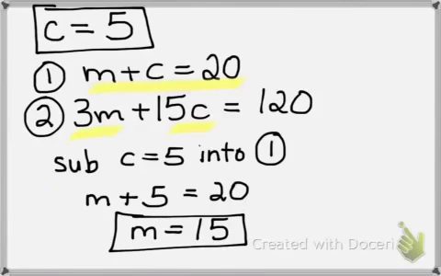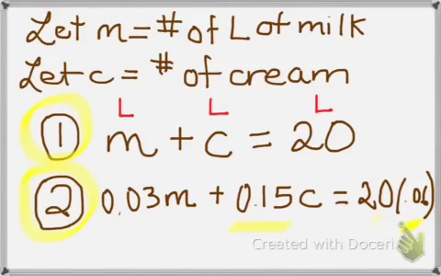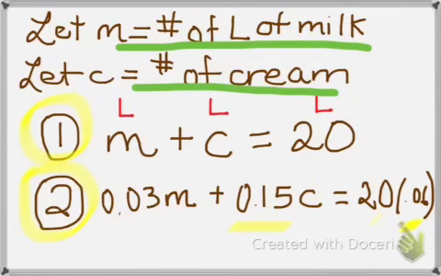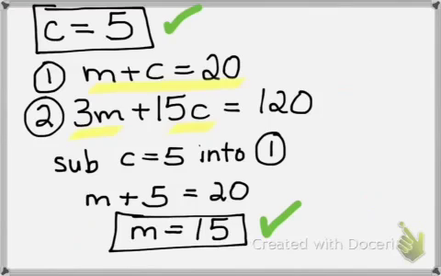So we have solved our variables. We found that c equals 5 and m equals 15. But what did our variables mean again? What if we go back to our first slide? We had m is the amount of liters of milk, and c is the number of liters of cream. So we solved our variables. So our therefore statement, therefore, you will need,